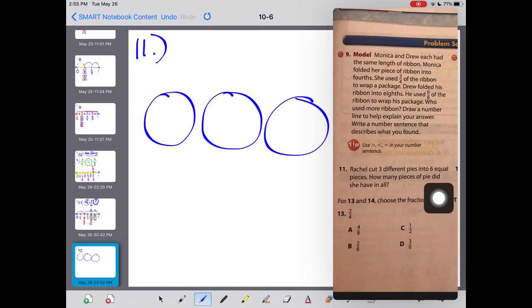That's very important, okay? The next thing is she cut them into 6 equal pieces. So this one has been cut, this one's been cut, this one's been cut. So once again, dividing up circles is a little more difficult than rectangles, but with 6s, think of it this way. If I divided this in half, I have 2 pieces, right? Well, if I have 3 on this side and 3 on this side, that equals 6. So I need to somehow divide this up into thirds and this up into thirds. So in order to do that, you kind of have to